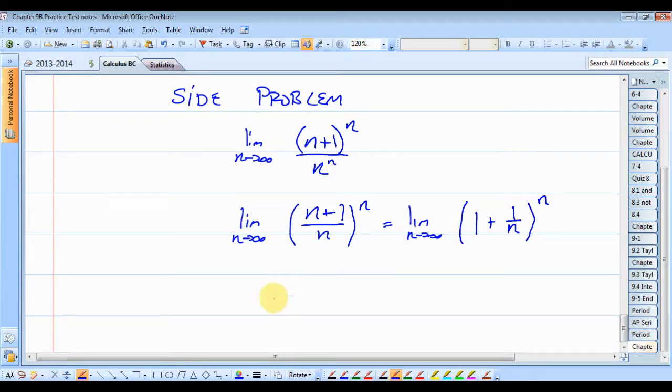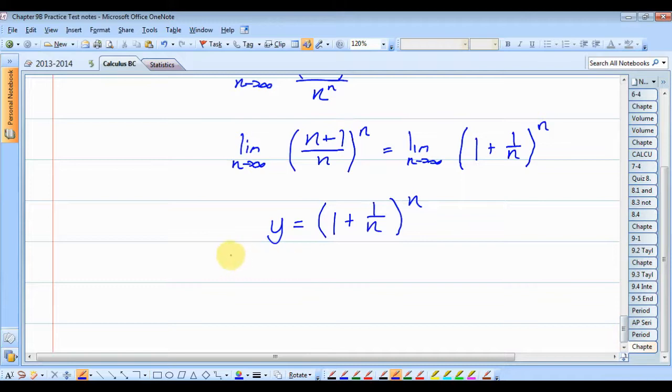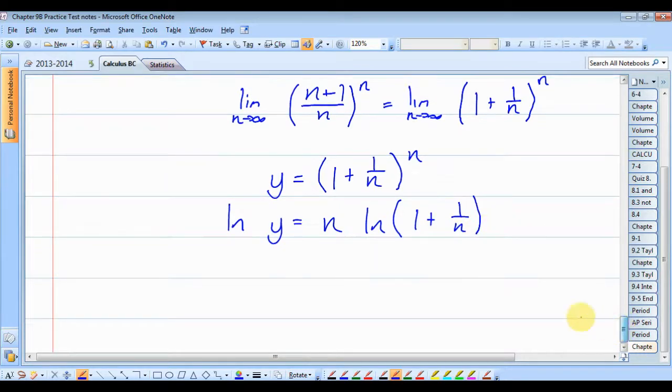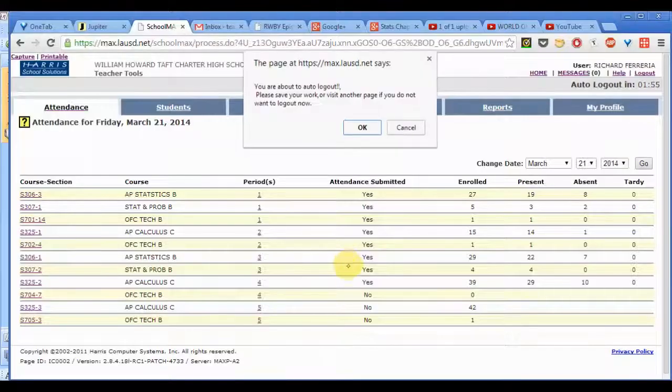Okay, and we're going to do the following. We're going to say y is equal to 1 plus 1 over n to the n power. We're going to say the natural log of y is equal to n times the natural log of 1 plus 1 over n. Do you remember this? What are we solving for? The limit as n approaches infinity of the natural log of y is equal to the limit